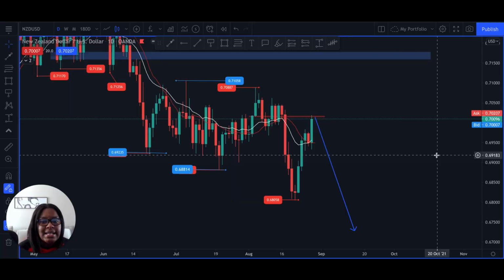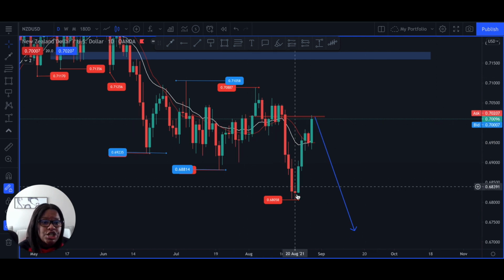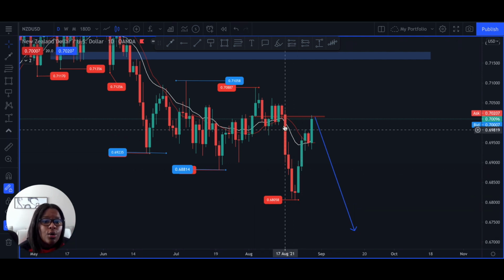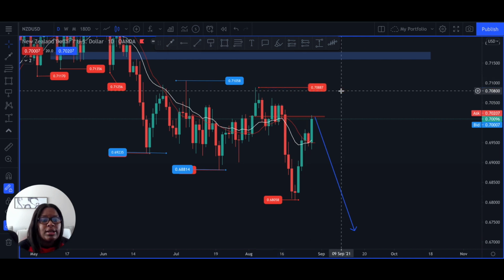Oh, as you guys can see, New Zealand dollar has been creeping to the downside. Now, she's been a little bit flaky. She's had a false breakout here or there. She kind of ranged in this area, but she showed her hand here at 0.6805. Now, the reason why I said that she showed her hand was because she made a lower low. Now, what I'm hoping for, since she made this lower low, is that she can stay below her last lower high at